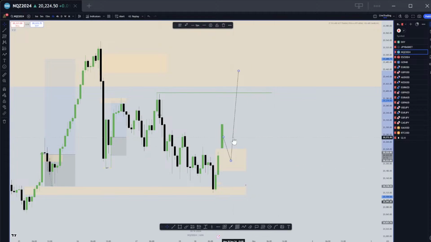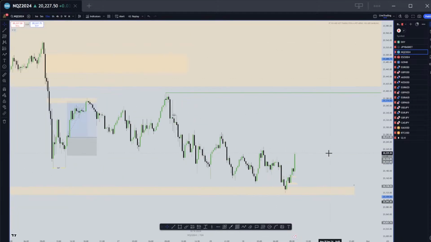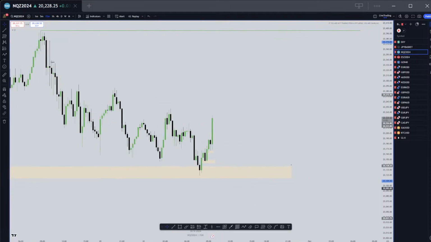I think that's a useful frame: when you see price moving away from you, just zoom out. And yes, you will take maybe an entry higher on the range, but